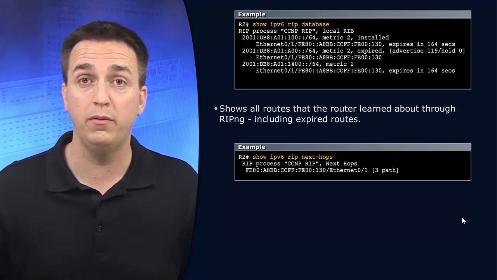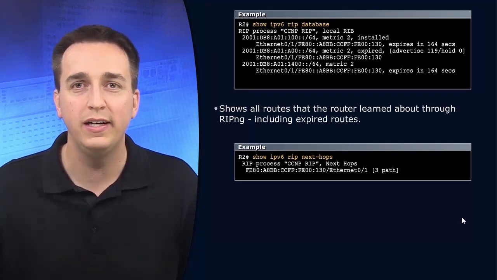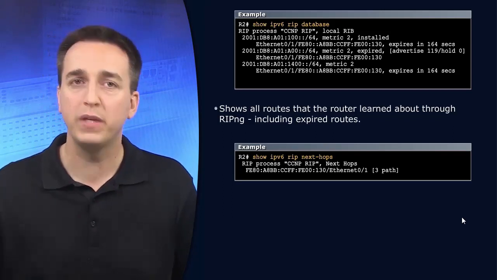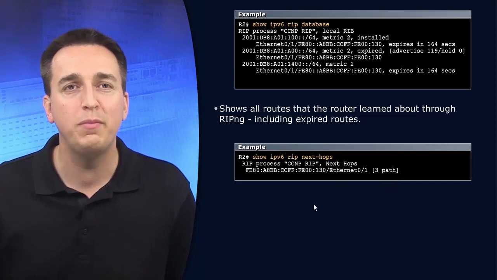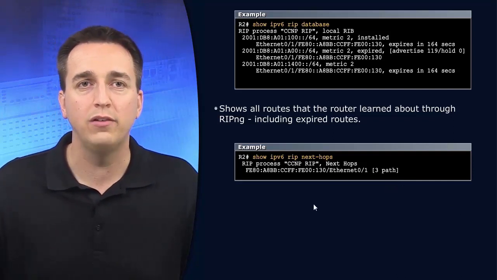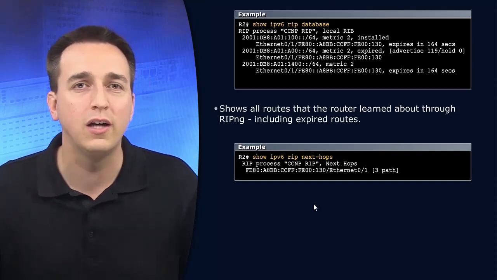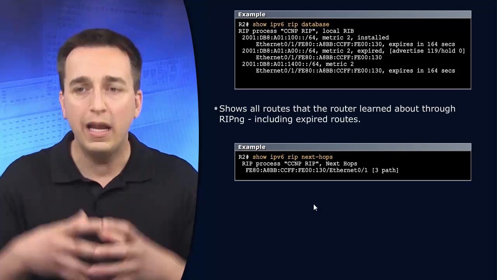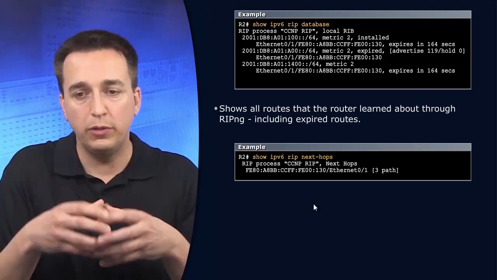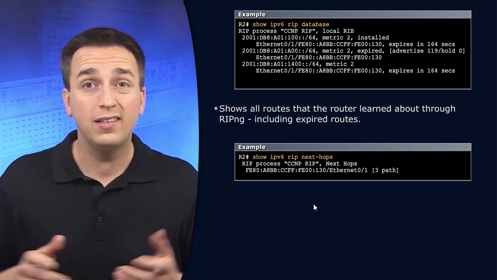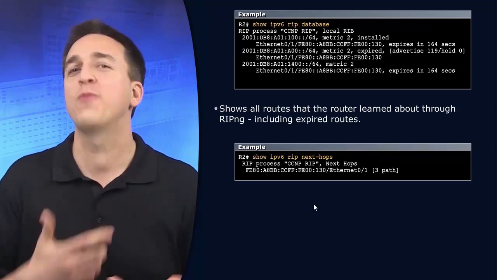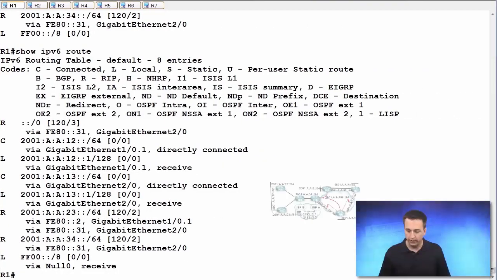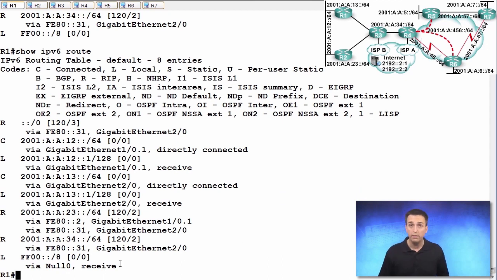Is it because there's a better source of routing information, meaning some other source has a better administrative distance than RIPng? It's quite possible. And lastly, we have the show IPv6 RIP next hop command, which allows us to verify who the next hop routers are. So essentially, based on the information I have learned from my neighbors and the next hops that are available, let's put that all together so you can see essentially who your neighbors are, even though you don't form neighbor adjacencies with RIPng. So let's go to the live environment and let's take a peek now on R1 at, first of